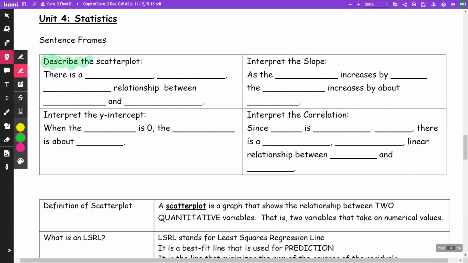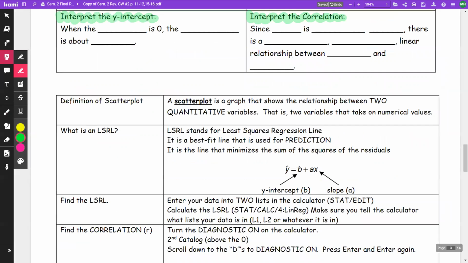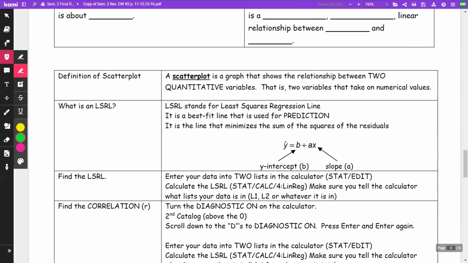This one is describe the scatter plot. This one is interpret the slope. Interpret the y-intercept and interpret the correlation coefficient. Here are some definitions. Okay, scatter plot, LSRL, which is our least squares regression line, which is our line of